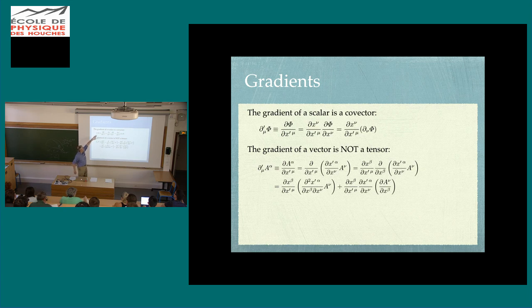So, you can show that the gradient of a scalar field transforms like a covector, a one form. And that all works fine. But the gradient of a vector is not a tensor. And that's a problem. So if I take the gradient of a 4-vector here and look at the transformation law of that,